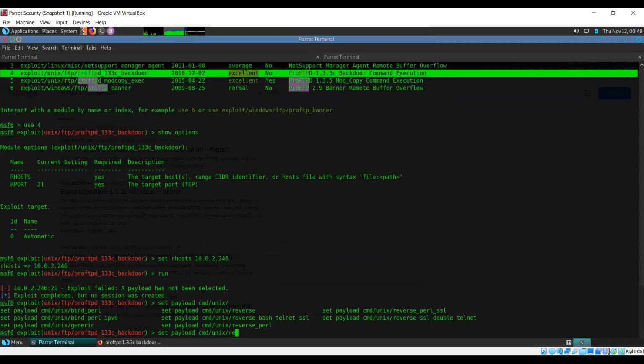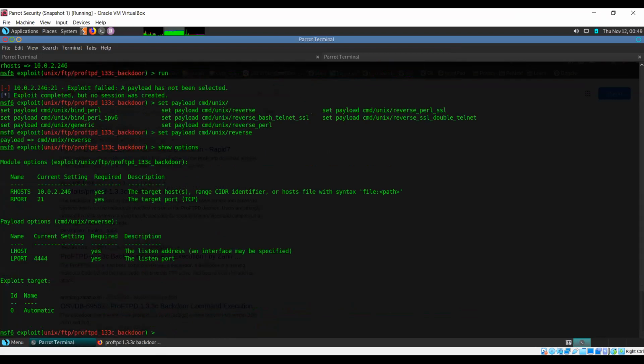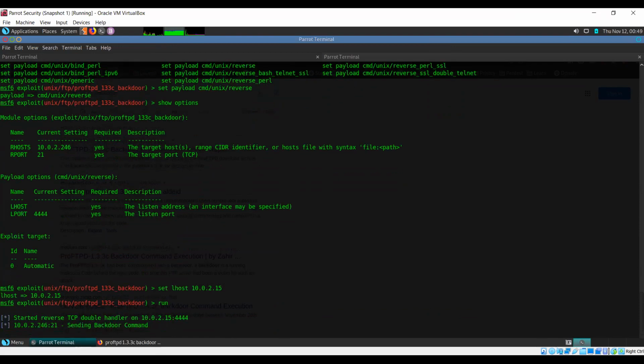Let's see if we can get a reverse shell. Options, set LHOST. So LHOST would be my IP. I try running this. Let's see.